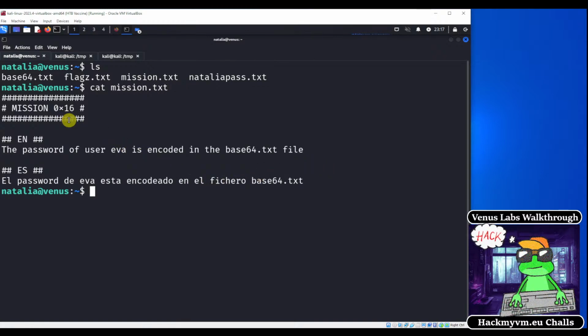So this is mission number 16, and it says, the password of the user Ava is encoded in the base64.txt file. All right, so what we need to do in this level is take this base64 string and decode it. So if we cat out this file right here, base64.txt, we'll see that we have a base64 encoded string. You can recognize a base64 encoded string because it usually has uppercase letters, lowercase letters, numbers, and a few different symbols. But more specifically, if you see a number of equal signs at the end of a string, and it also meets this criteria, it has uppercase, lowercase letters, and numbers,